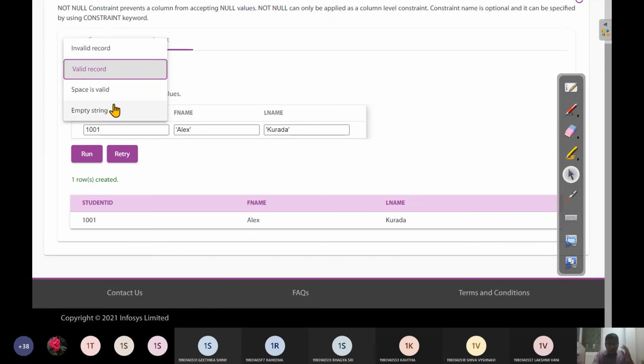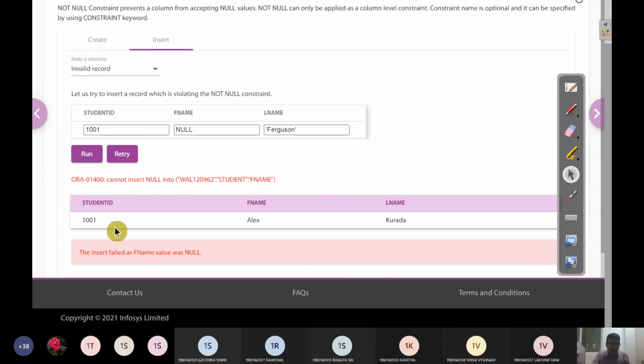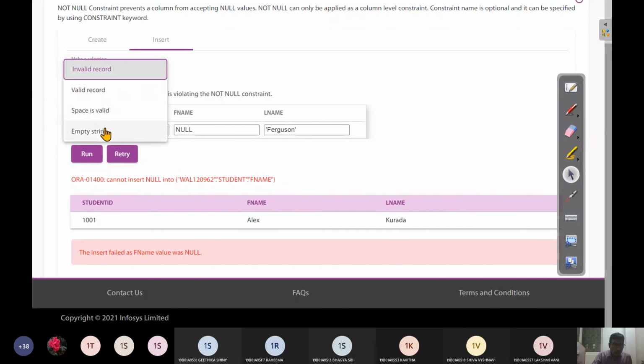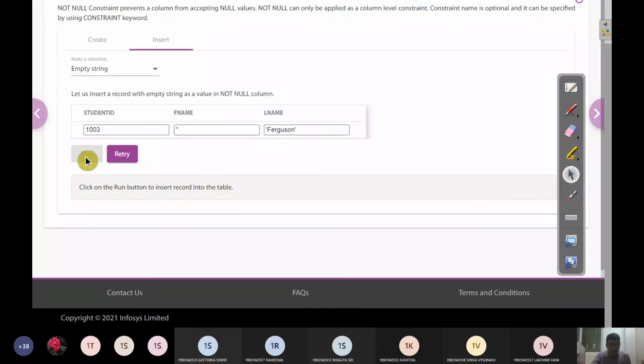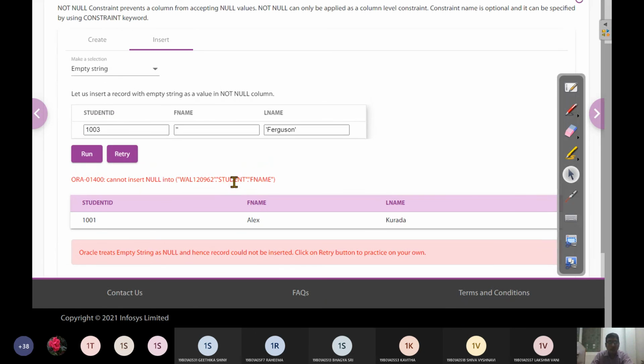Similarly, you can try debugging. If I put an invalid record and run, what type of error is it going to show? When we learn something, we should also learn what error we get if something goes wrong. Both sides of the coin we should be able to understand. For that you can see the ORA error, an Oracle message, and it shows where it went wrong. Similarly, when we try with an empty string, again it shows what type of error we get. In this way, we will have enough hands-on exposure when we work